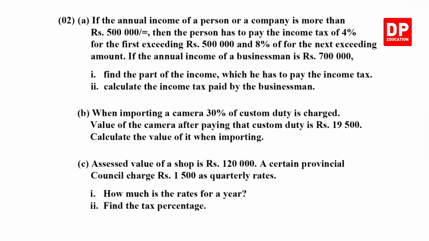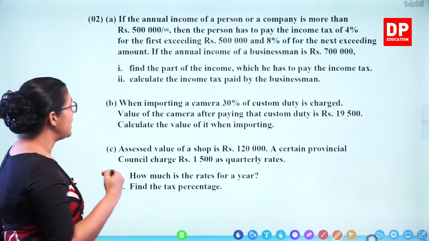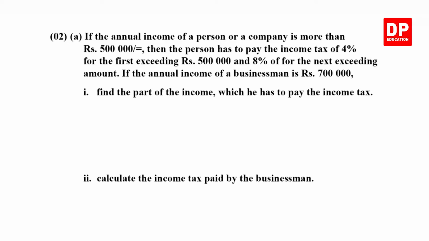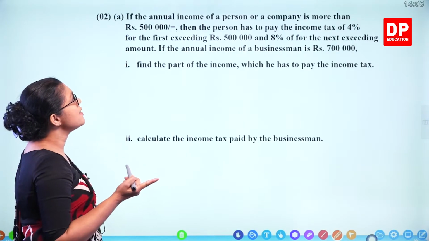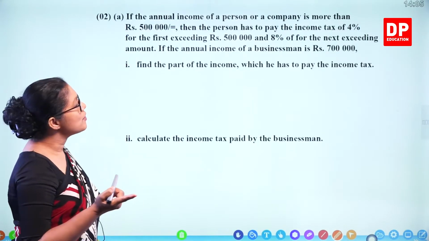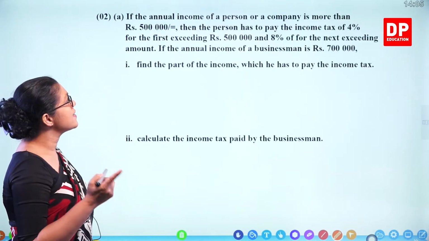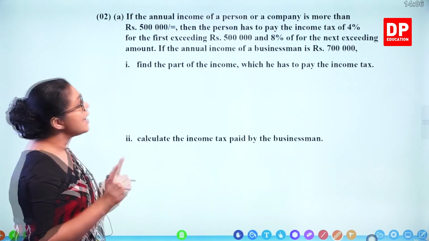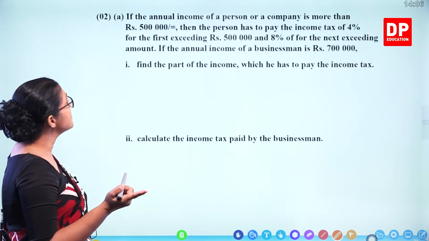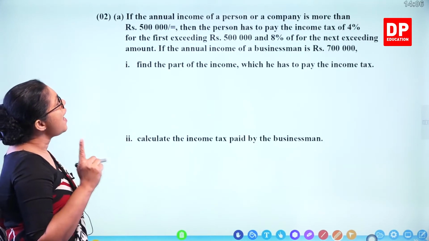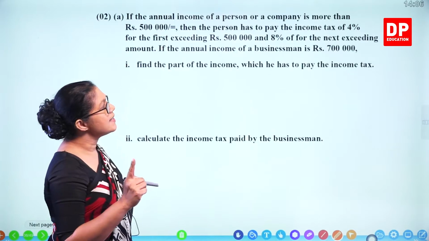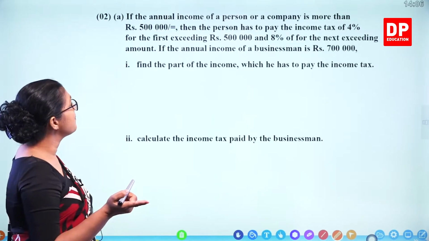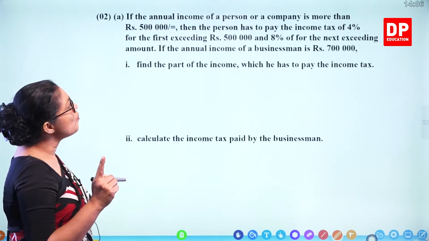Question number 2, again you get 3 parts here. So we'll do each part separately. Part A, if the annual income of a person or a company is more than 500,000 rupees, then the person has to pay the income tax of 4% for the first exceeding 500,000 and 8% of the next exceeding amount. If the annual income of a businessman is 700,000 rupees, find the part of the income which he has to